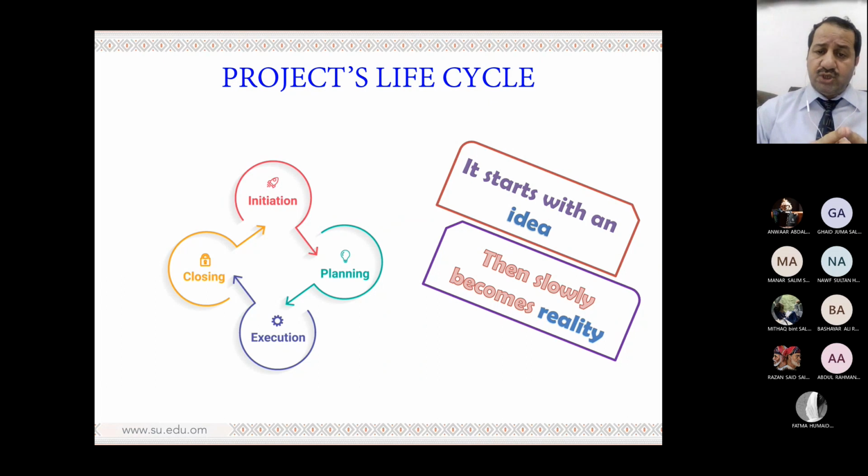Now, as I mentioned, the project lifecycle, whatever the project, if it is in engineering, in different specialties, if it is in medicine, in whatever topic you are working on, has four, let me say, phases. These phases, simply, the first is the initiation. And definitely there is a lot of information to be covered in the initiation stage, starting from the birth of the project and getting a request for a proposal.